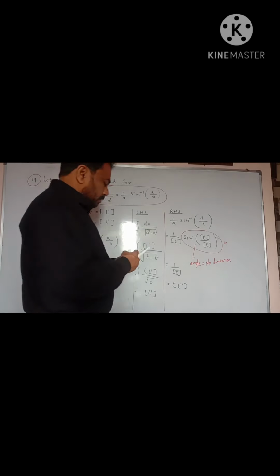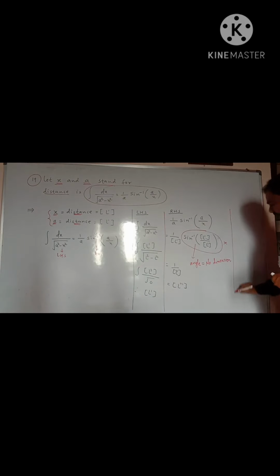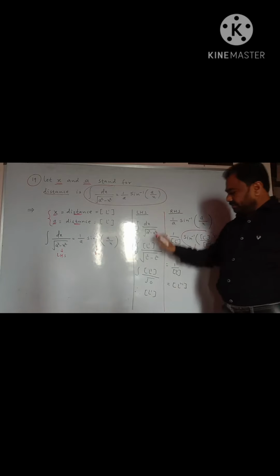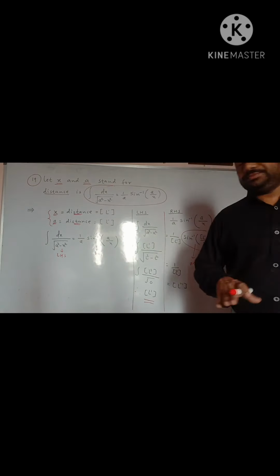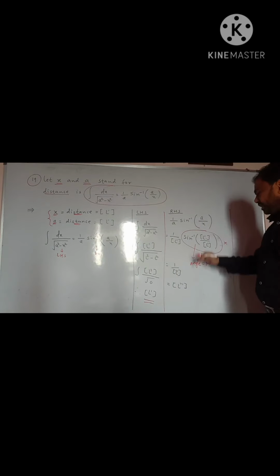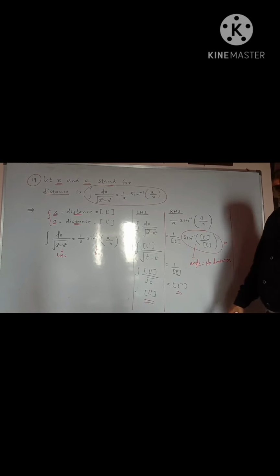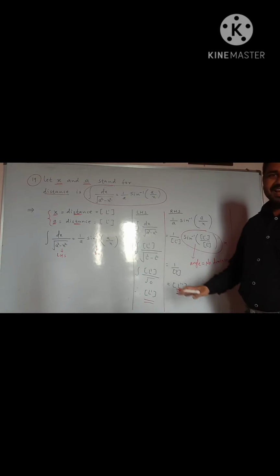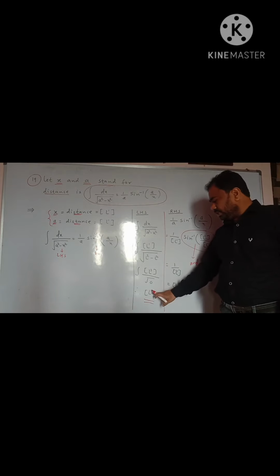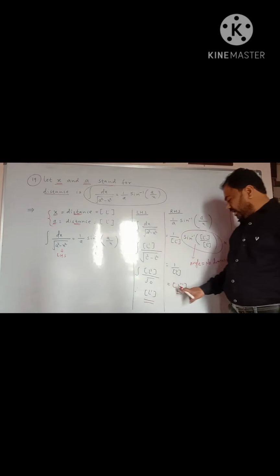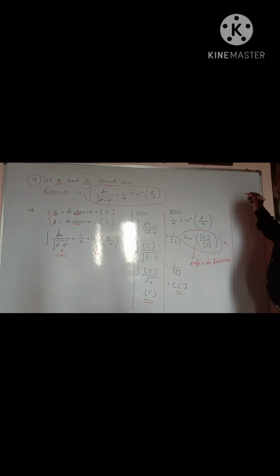Now concentrate on both sides. On the left hand side we get L^1, that is plus 1, and on the right hand side we get L^-1. Can we say LHS is exactly equal to RHS? No. Why? Because the power of L is plus 1 on one side and minus 1 on the other. So our conclusion is: